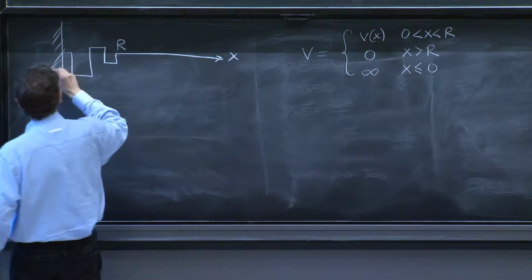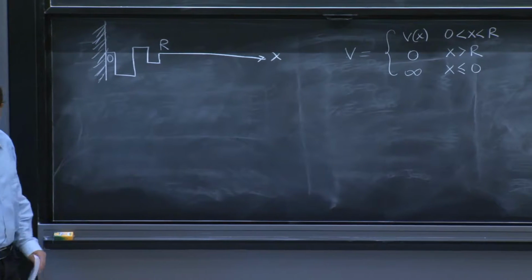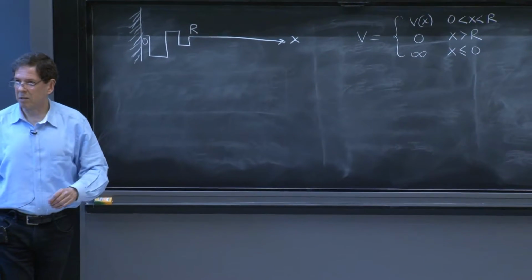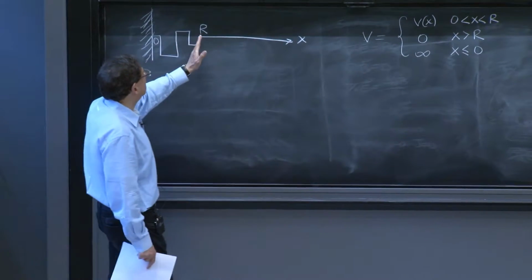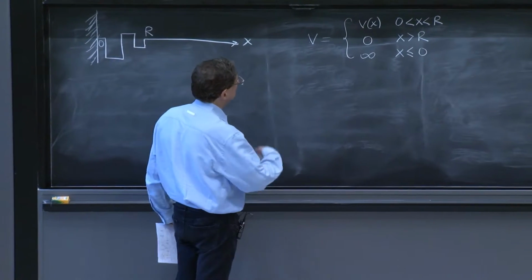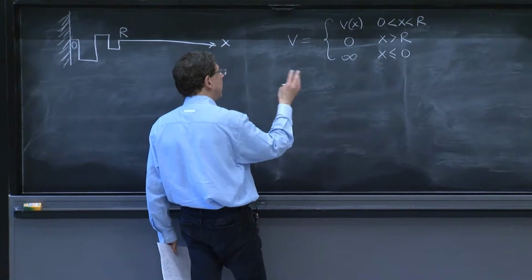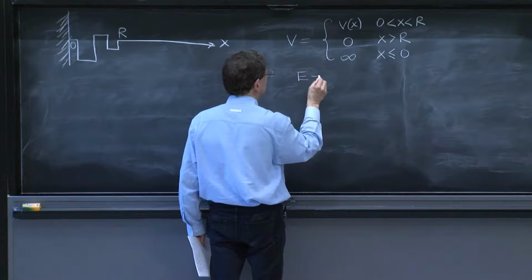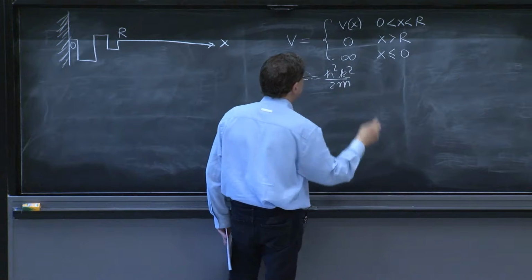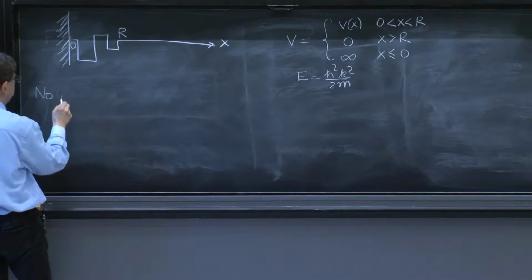So there's a wall at x equals 0. And there can be some potential, but this is called a finite range potential because nothing happens after a distance R. As usual, we consider scattering solutions, solutions that are unnormalizable with energies h bar squared k squared over 2m for a particle with mass m. And if we had no potential,